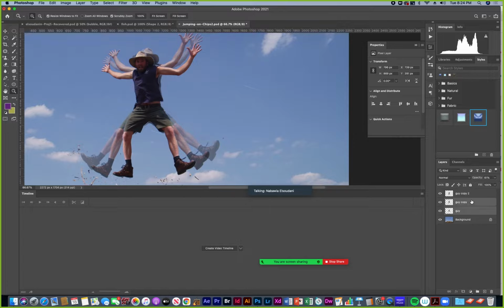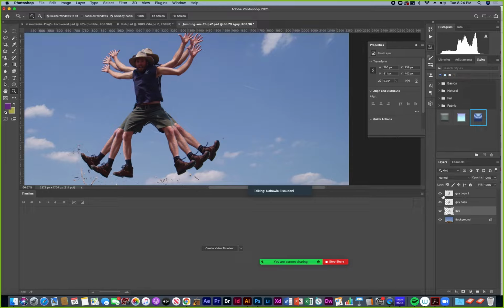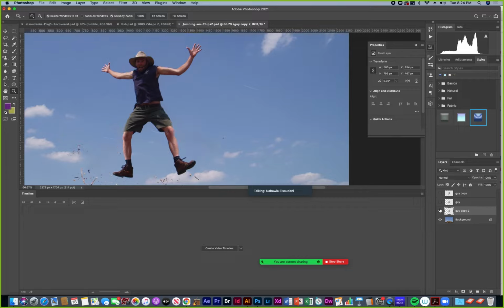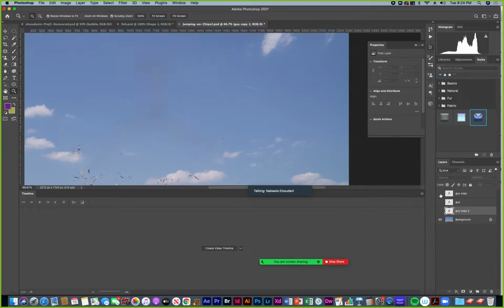Let's just bring up the opacity. So we have this position. Maybe I'll reorder these. So maybe this one's first, and then this one.